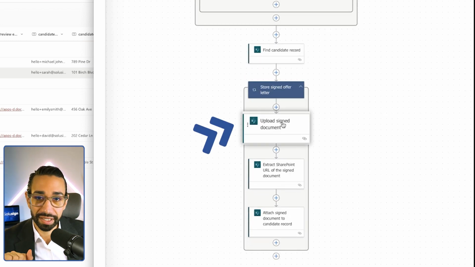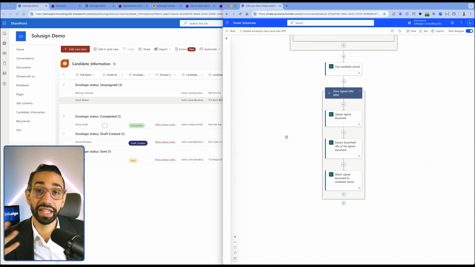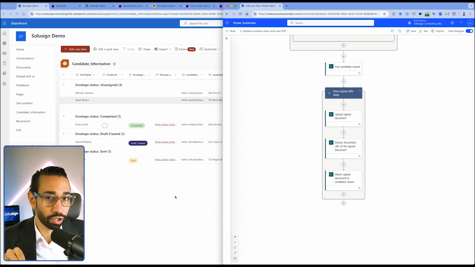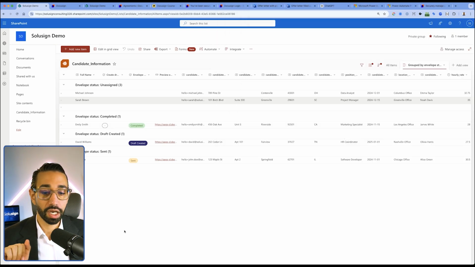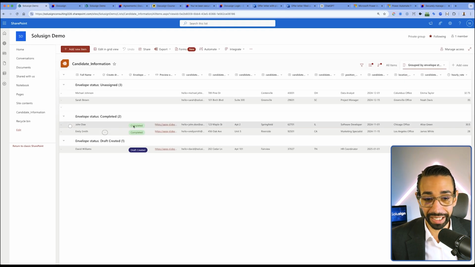We'll upload the signed document inside of a folder in SharePoint, and that document will give us a URL, and we will store this URL back in the list so that we can easily access the document directly inside of our SharePoint list. So if I now refresh, we should have the document say completed, and we can see it here,